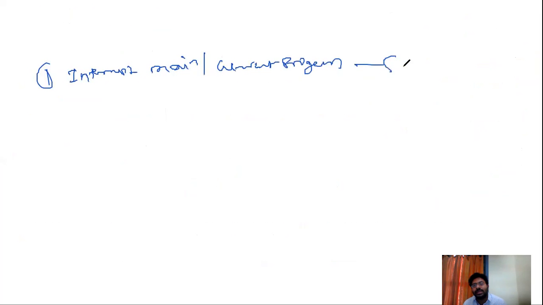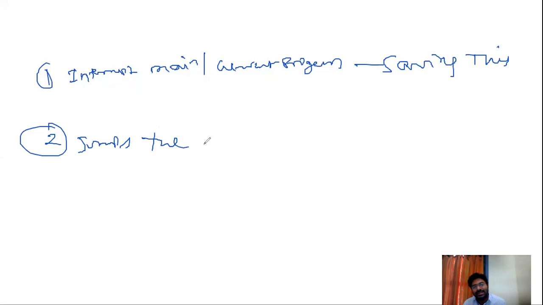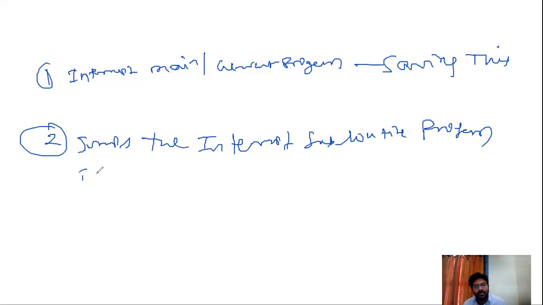In the first process, it interrupts the main or current program and at the same time saves its status. Second, it jumps to the interrupt subroutine program, the ISR.